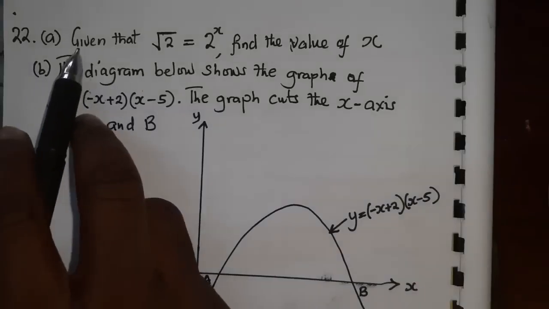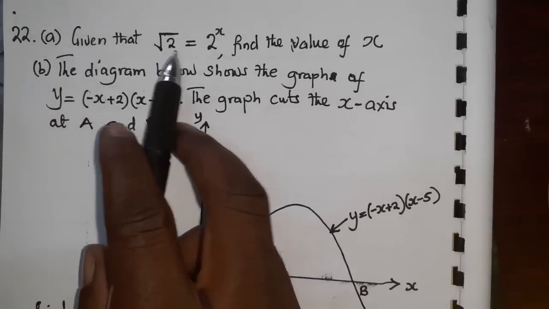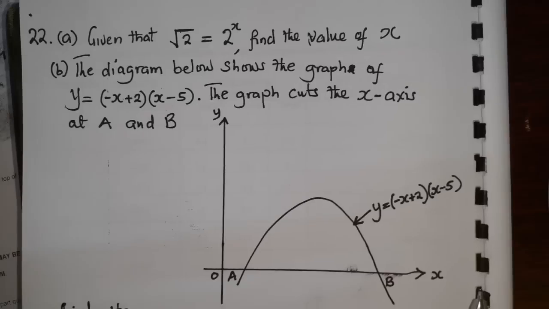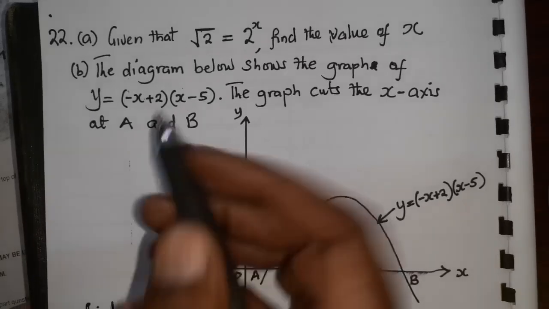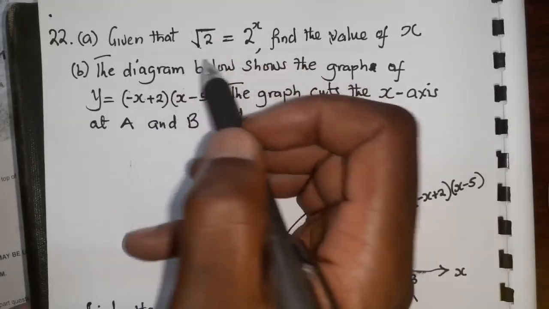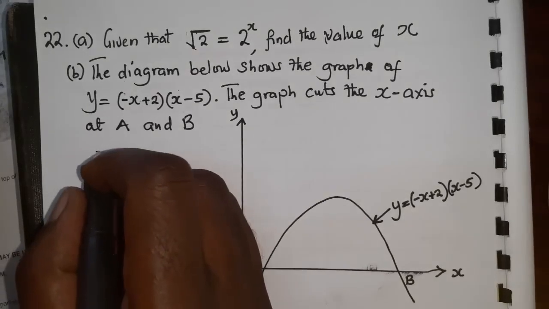Okay, so 22 has two questions. The first one is given that the square root of 2 is equals to 2 to the power x. Find the value of x. So how do we write this one? How do you rewrite this one? You need to be familiar with the indices. So you need to rewrite this part as,